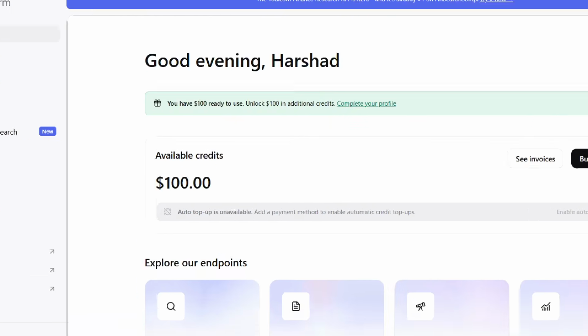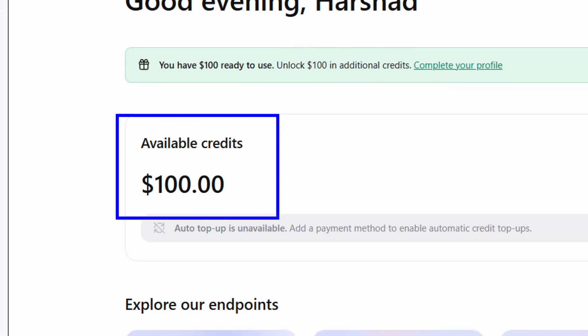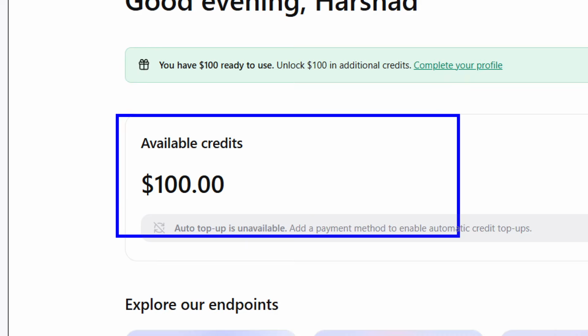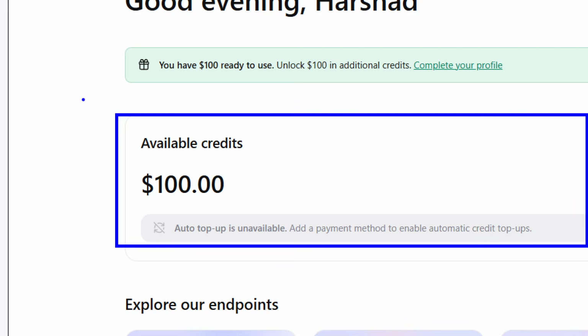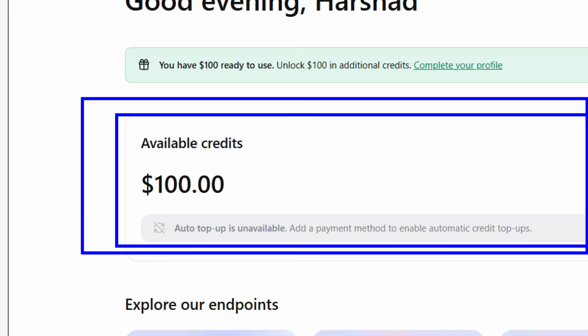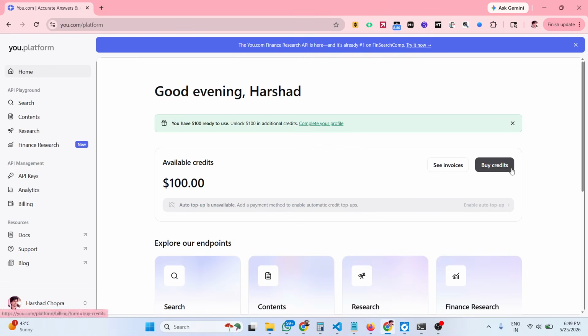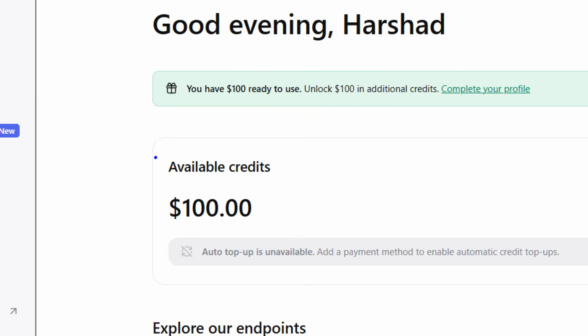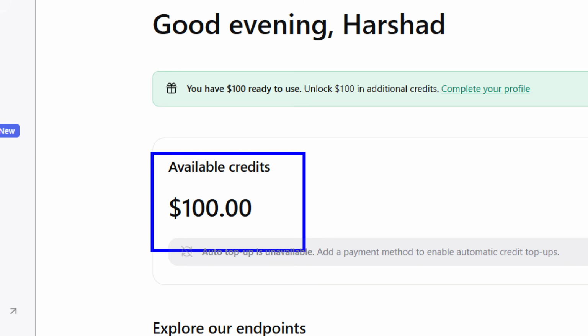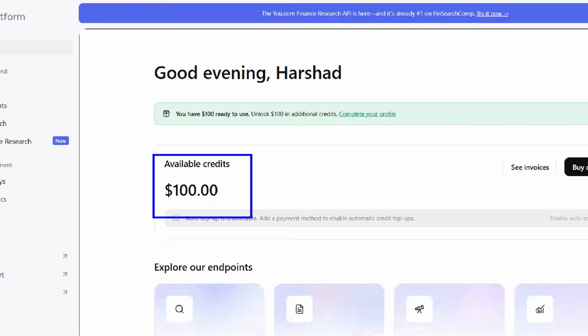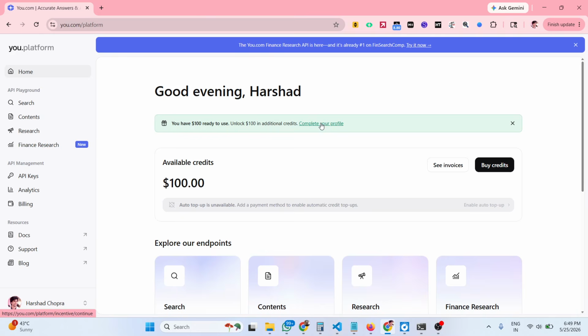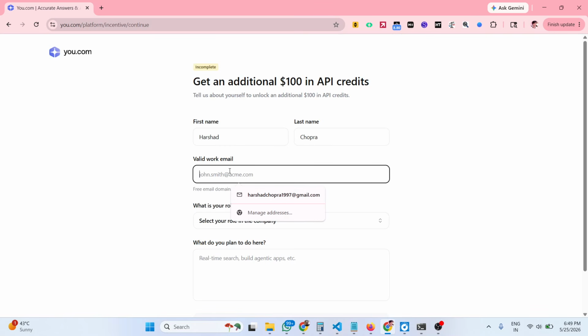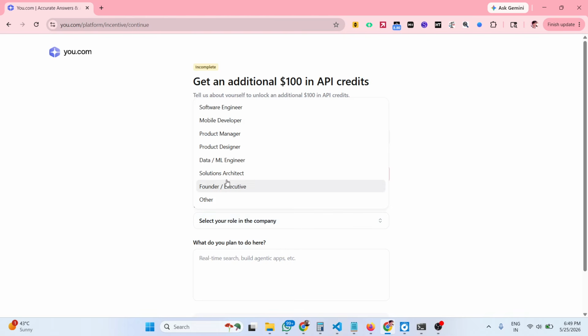So you will see that now once you sign up for completely free, we got this $100 available credits. So it's virtually unlimited access is granted whenever you sign up. You can even buy additional credits as well once they are over, but $100 is more than enough. You need to complete a profile for this. So simply add the email address,